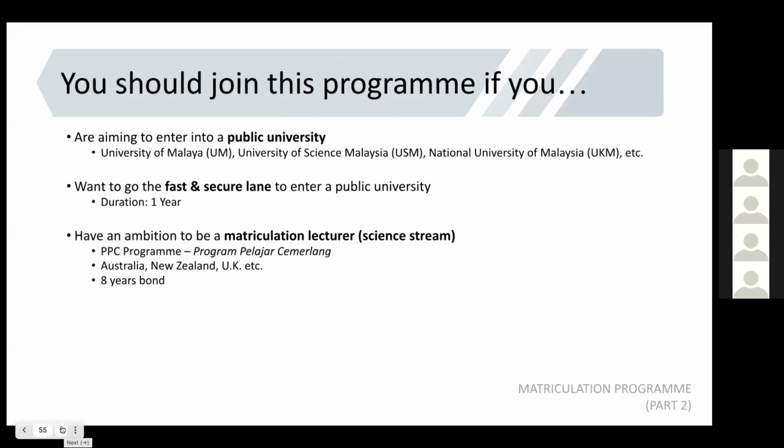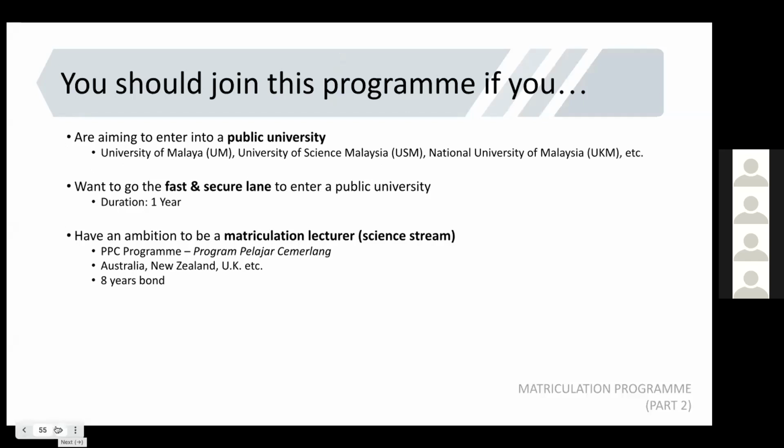So you don't have laundry service. You don't have aircon as well. And you cannot choose your own room. Every room is 4-in-1. I repeat, 4-in-1. So okay, for this slide, you should join this program if you are aiming to enter public